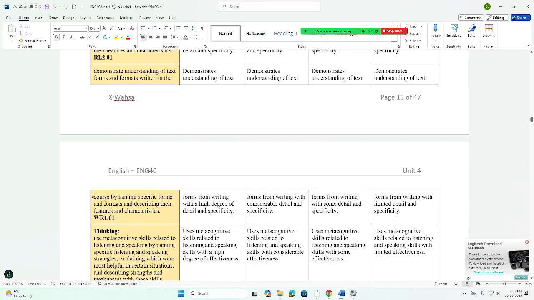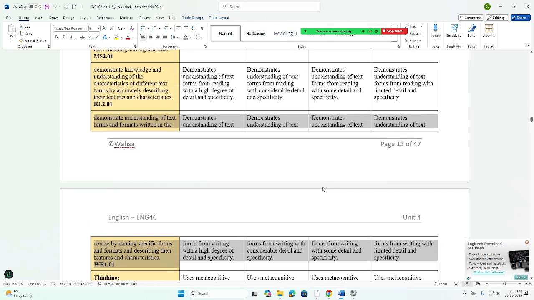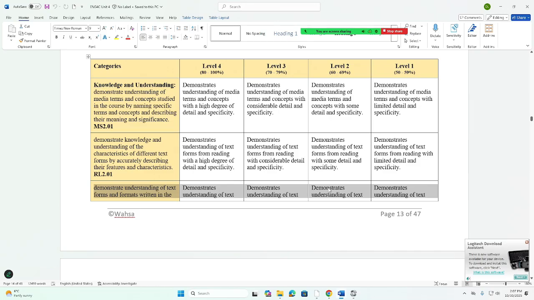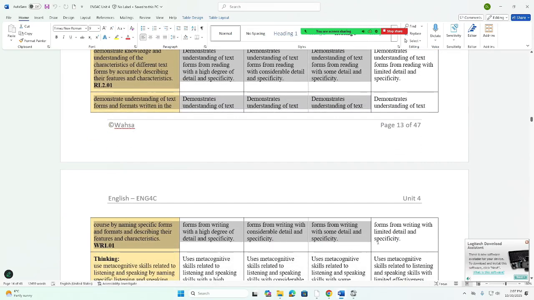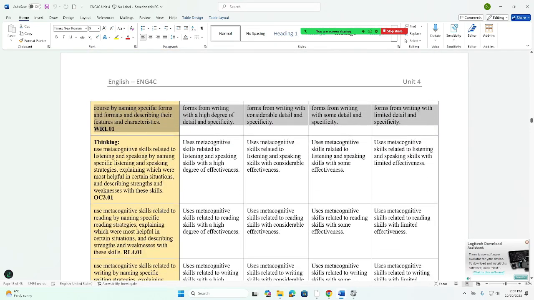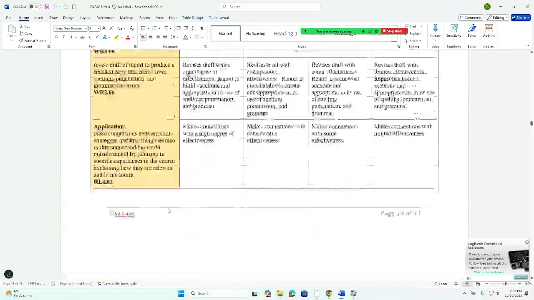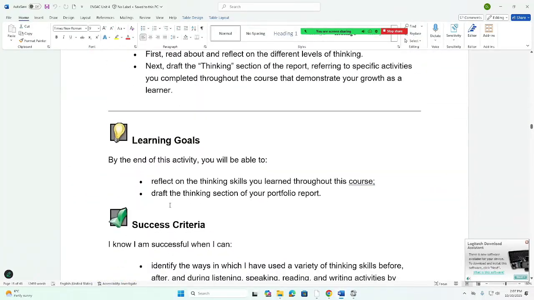Only this last little block of assessment criteria has to do with the knowledge group of expectations for the course, right? So all of these right here, knowledge and understanding. Next we will be having a look at thinking, and that is our next